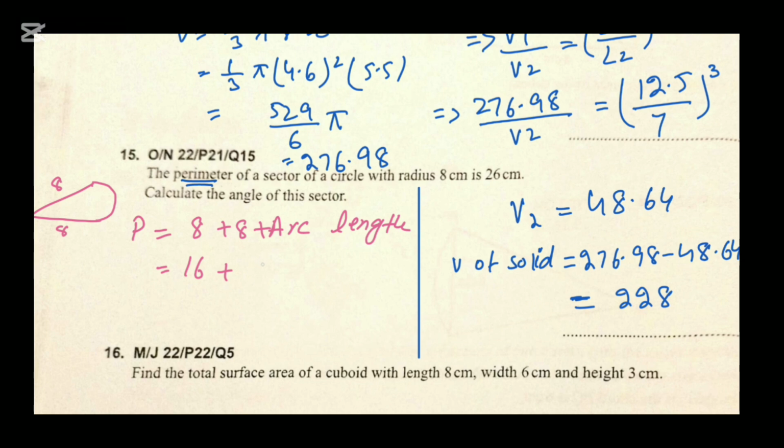So arc length is theta over 360 into 2 pi r. The perimeter is 26, that is also given. 26 minus 16 is equal to